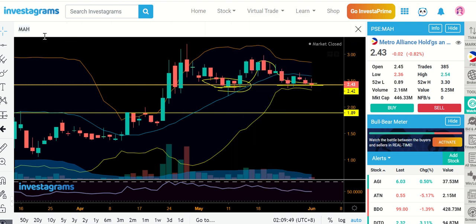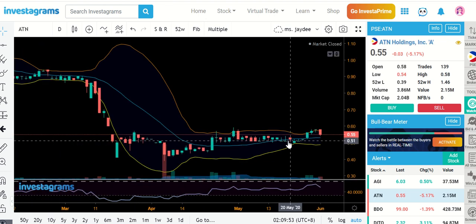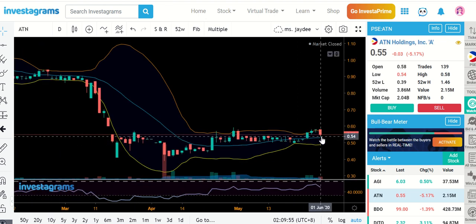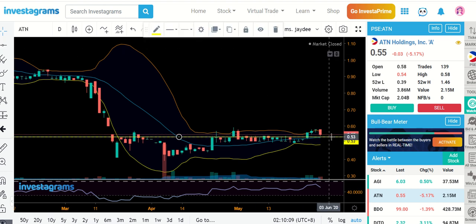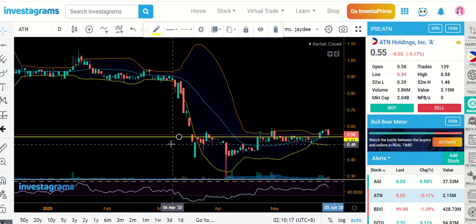As for ATN, also you had a slight recovery there, but because there is not much volume yet, the recovery did not sustain, okay, or the bounce did not sustain. But as for now, I can see MA20 being our support at the moment, and I feel that it will sustain because we are already at the very bottom of this stock. So I think it'll just do sideways,